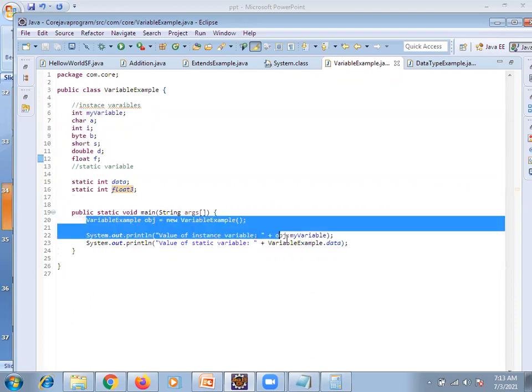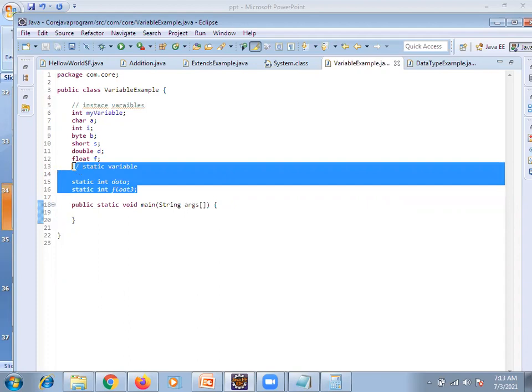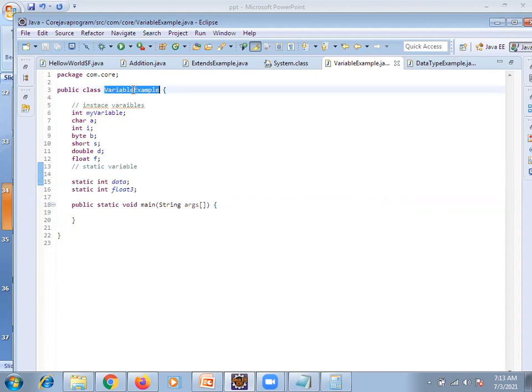Now, as of now, ignore this. See, now what did we define? Instance variables we define, static variables we define. Now we want to print this.